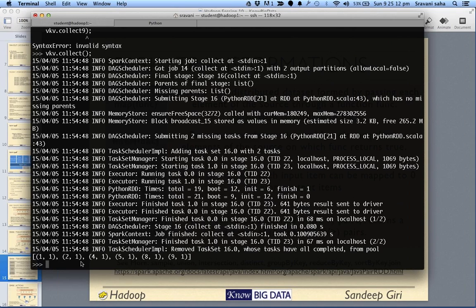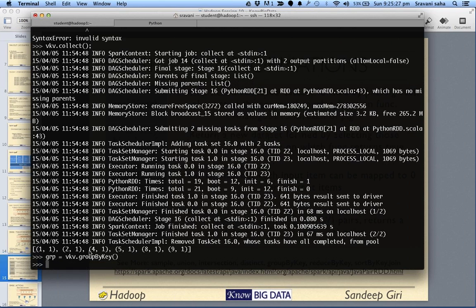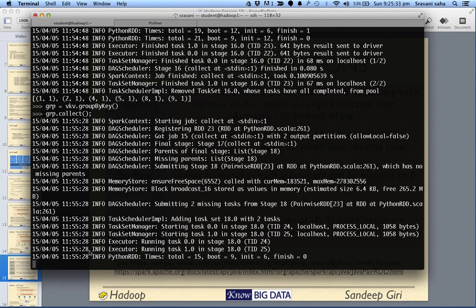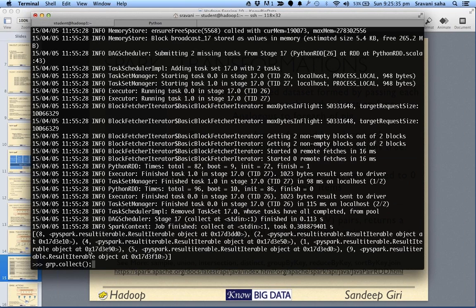We'll do group by later, but if you want to try it out, group by key and do nothing here, say this is my group, and group dot collect. Group dot collect is basically a for each object it has grouped by key and generated an array.